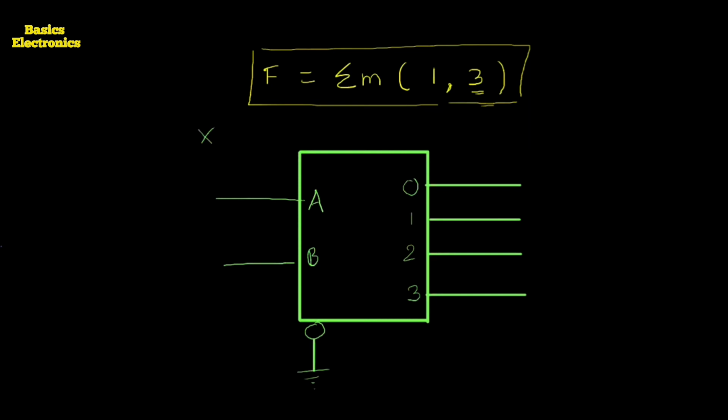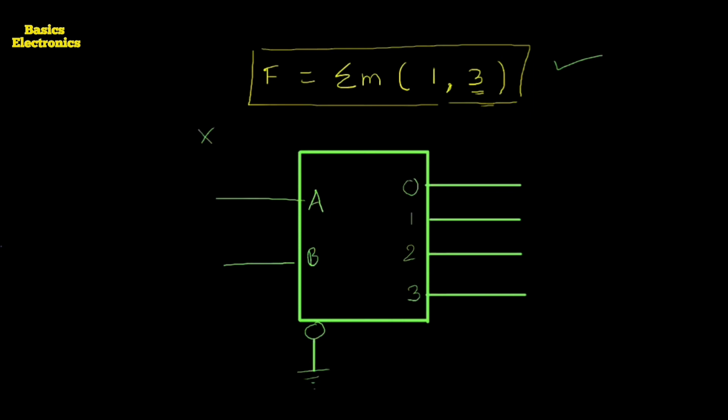Now what do we require to do here? In the example, it is given f equals summation of min terms 1 comma 3. What is its meaning? Its meaning is not that 1 and 3 we have to connect to logic low or logic high. Here we just require to apply the given outputs to one particular gate for the implementation. We can use the OR gate, or we can use the AND gate for the implementation of the logical equation.